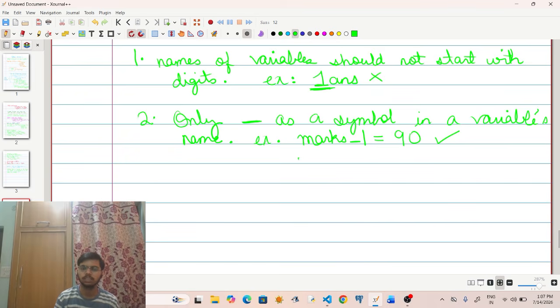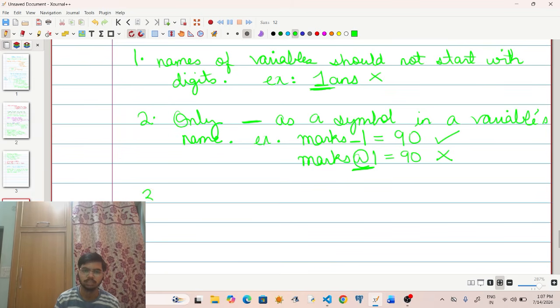But if I use any other symbol in this variable, such as marks, and suppose I say at the rate 1 is equals to 90, this is wrong because any other symbol other than underscore in the variable's name is not allowed.